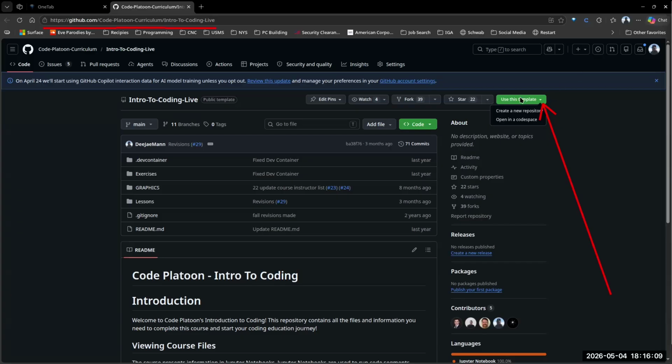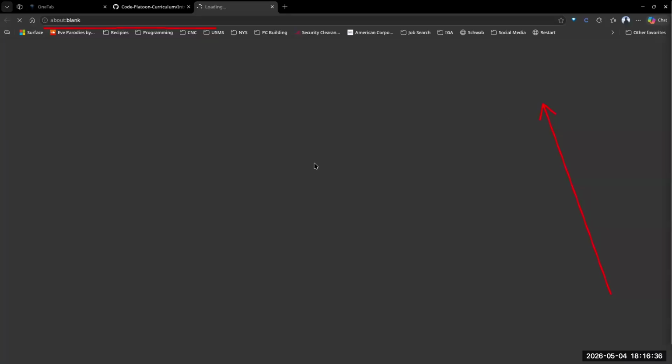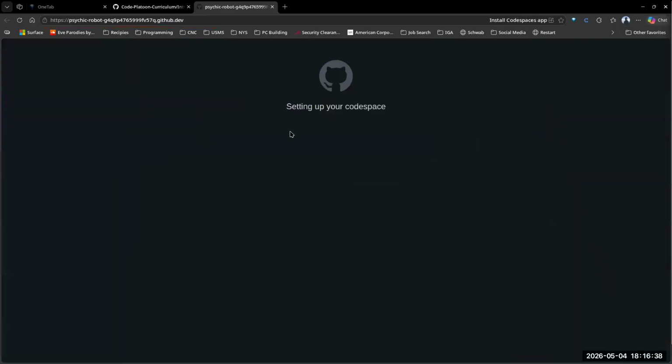Okay, so on the GitHub page, we're going to click the use this template button, and then we want this second option, the open in a code space. Please do not click create new repository. And again, only do this if you were not here for the day zero when we set this stuff up. So once you click open in a code space, it will load up